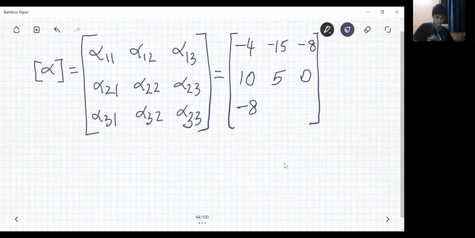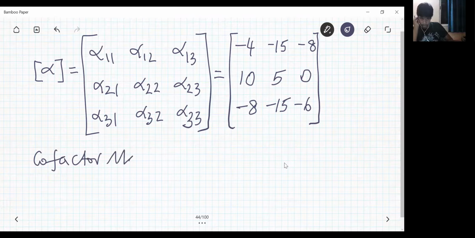Alpha 32 is minus 15. Alpha 33 is minus 6. Now this matrix alpha is called the cofactor matrix